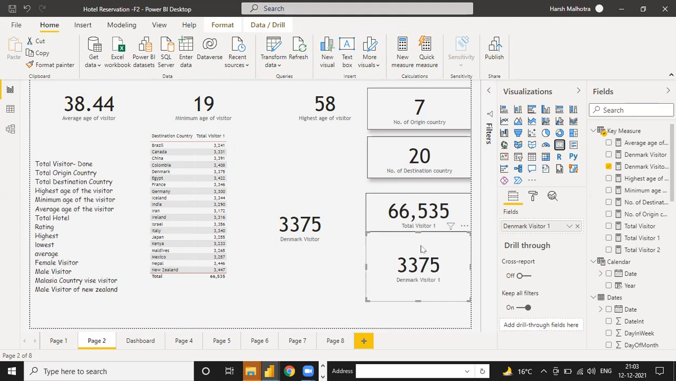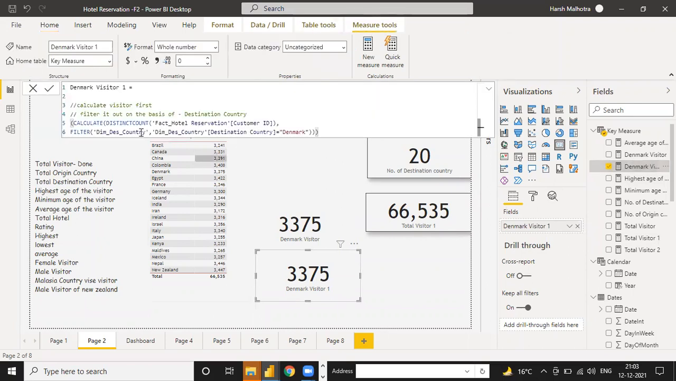Select this. And see, the answer is the same for both. In the first one we have to use the total visitor and the Dim Denmark visitor as another function. Here we have used only the total visit. Under this, we are using the total visitor measure and filtering it on the basis of country. And suppose you need one more filter on this,